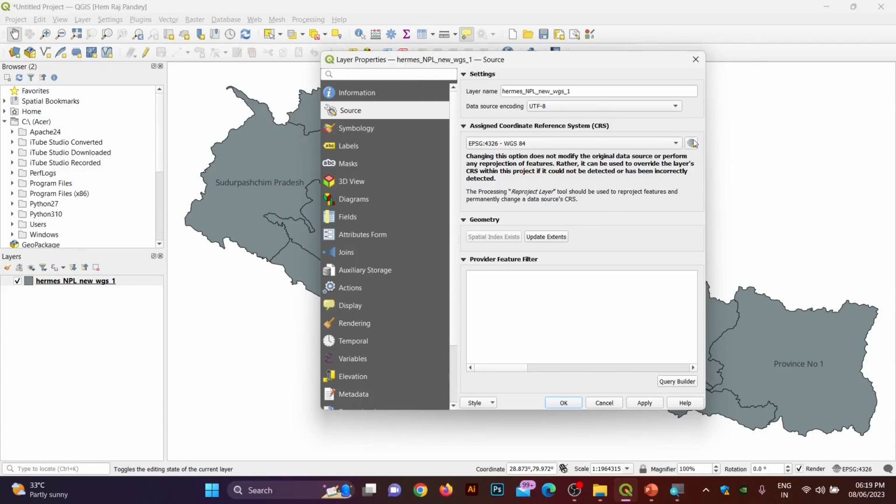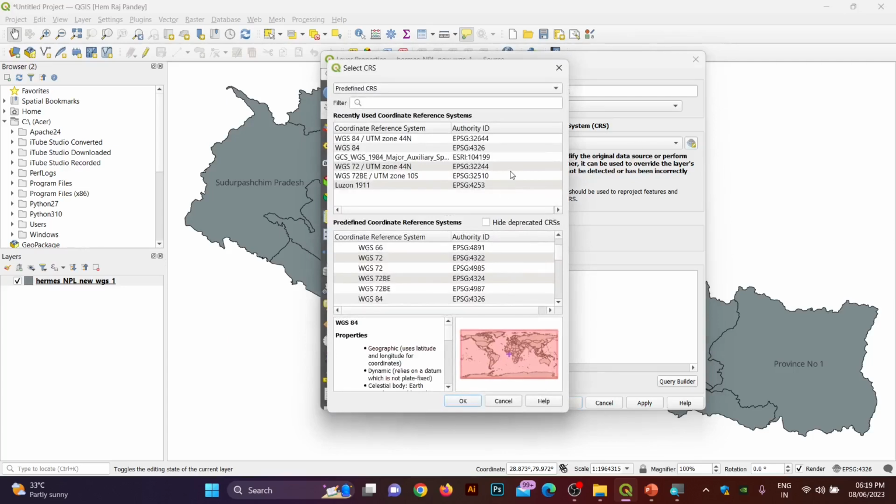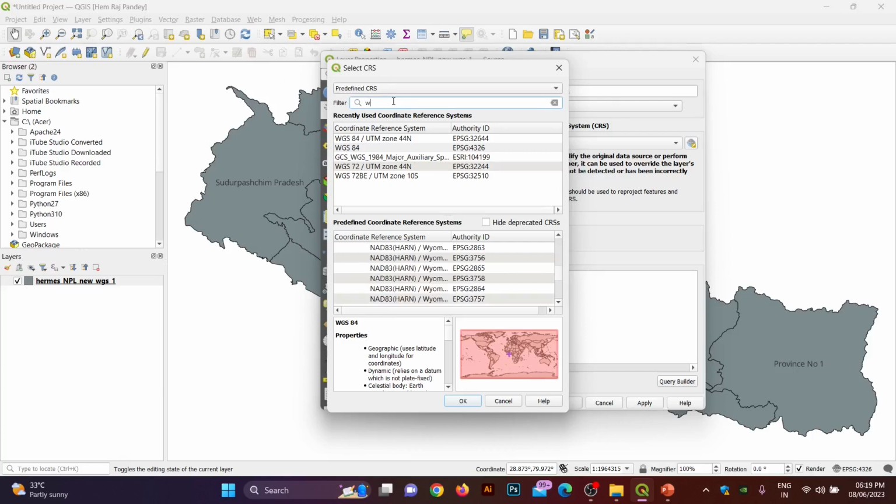You can click on this to search the coordinate. Okay, now you can simply search like this, WGS. You can see the number of results here,